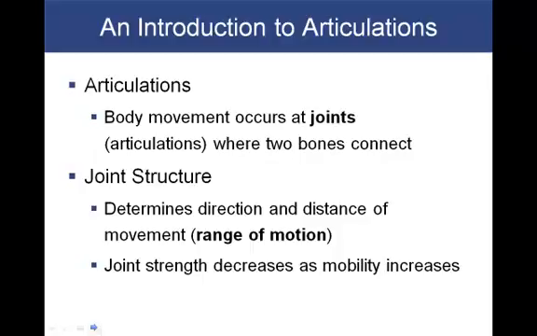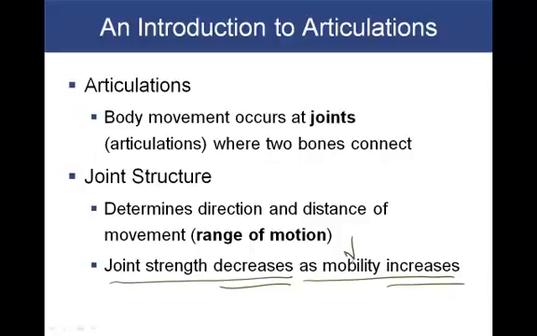Compare that to the joint that is formed between the two parietal bones as it forms the sagittal suture. There is no motion associated with that joint. So joints, as we'll see in a minute, can be categorized by their range of motions. But that is what I mean when I say range of motion. It's the amount of mobility and the direction of those motions. We'll find this theme as we run through articulations, that the strength of the joint decreases as the mobility increases.